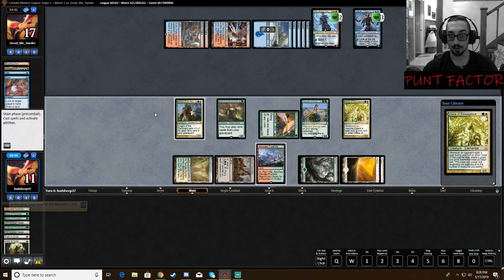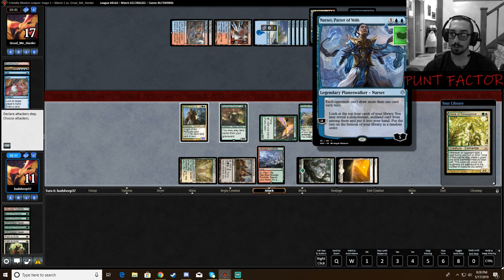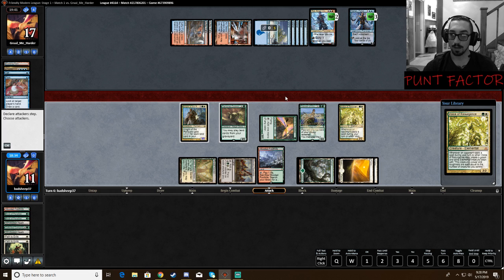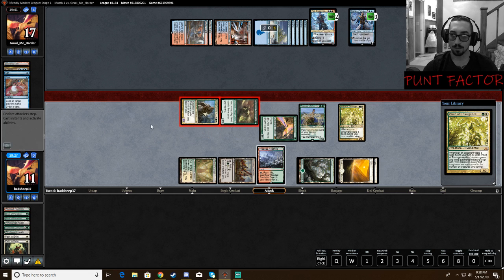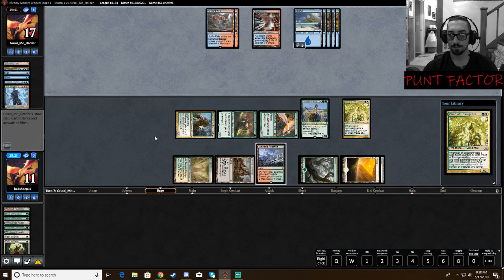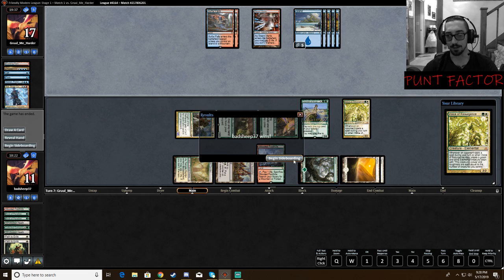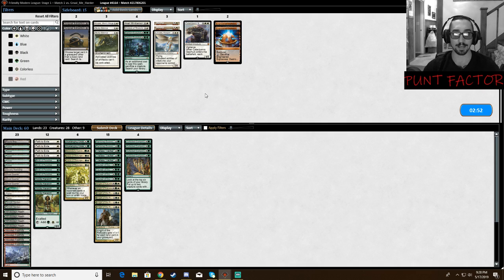Alright, so Skews is good here. So let's... Do we kill Narset as well? I kind of feel like we do. Because I don't want... I mean... Oh, okay, we got there. I was going to say, I don't want Narset digging 4 cards deep every turn. Okay, so...